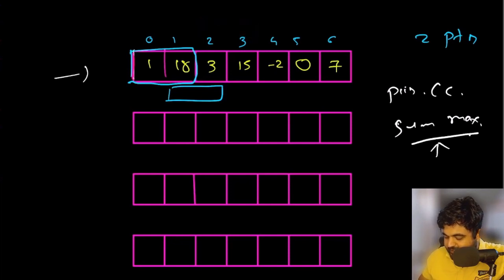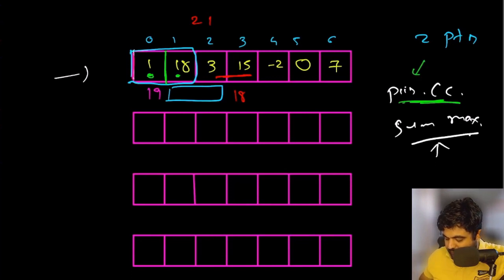We can consider how it would work. What we would do basically is that first we would take this window. The sum currently for this one is 19. Then we would take the next window and the current sum is going to be 21, and then we would take this window and the sum is going to be 18, and so on and so forth. Every single time we would be able to do this, and we would be able to find the solution. Now in order to generate the solution, for every single value we need to iterate over all the k values inside our given array, because currently we are being asked for the pair of consecutive elements, so 2 consecutive back-to-back elements.